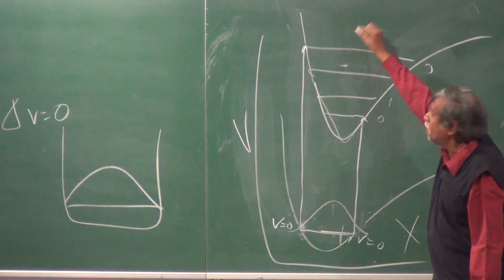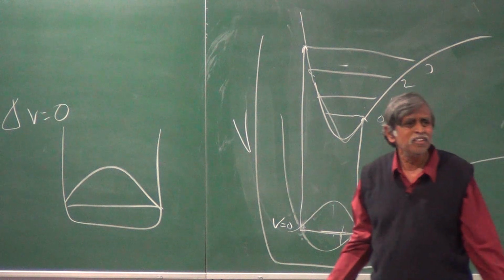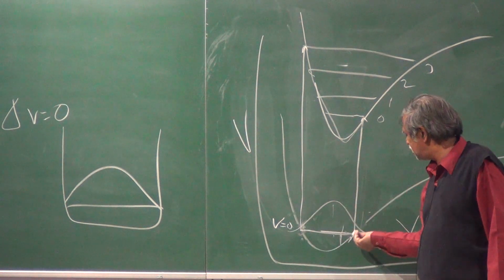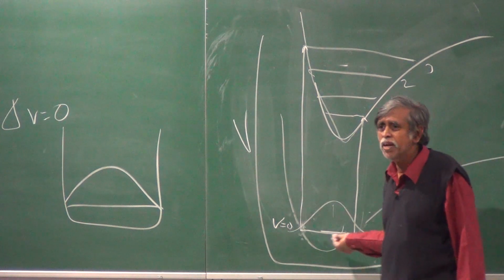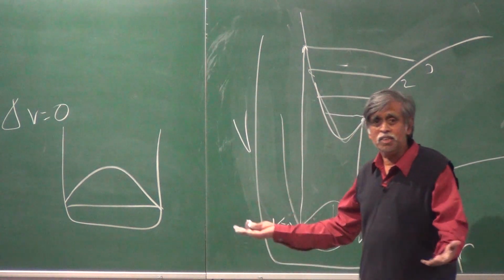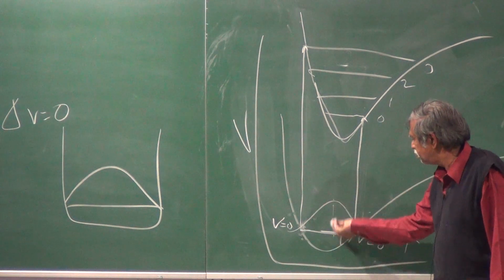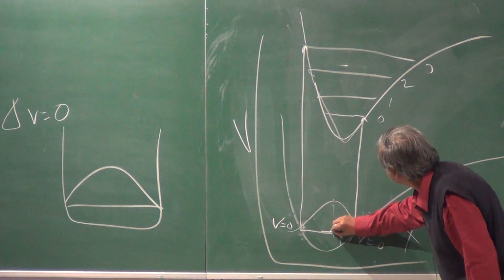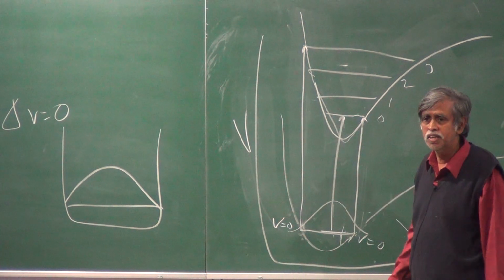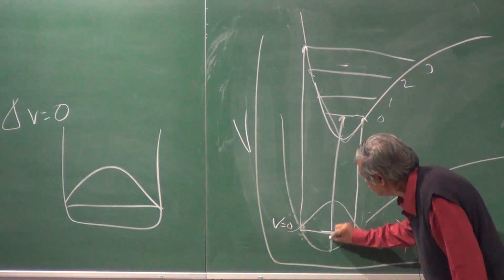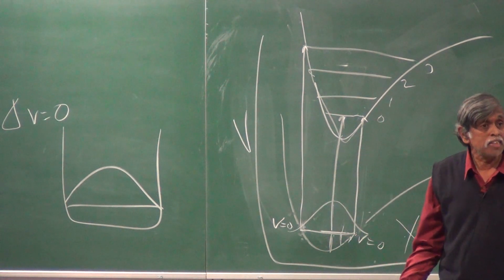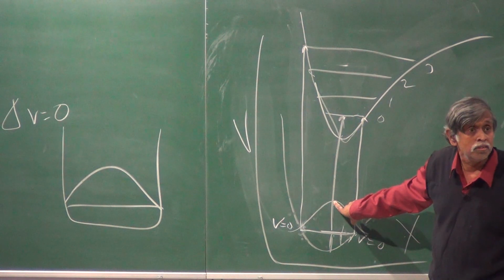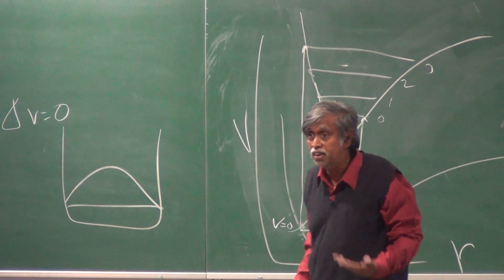And if from here it can't make a transition, what does that mean? The intensity is going to be very small. On the few occasions that it visits this place and visits this place, if it is lucky, it will make a transition. But most of the time it is actually spending its time right in the middle, and from the middle it doesn't seem like, oh, maybe I can. Let's say if I do this vertical, and this is the same as this, then what does it mean? I can actually make a transition from here to here. And because I'm spending a lot of time out here, so that's where the probability density is the greatest,